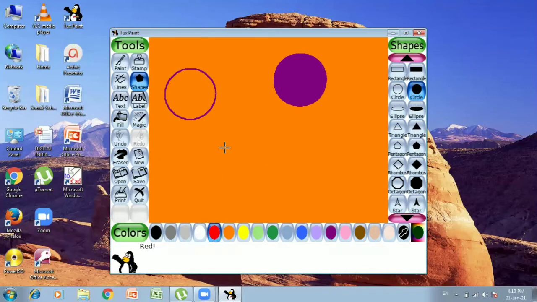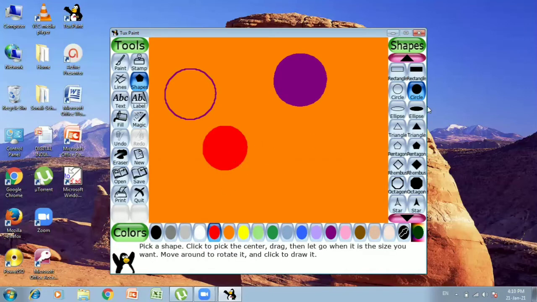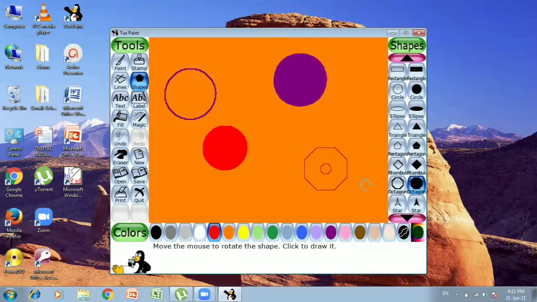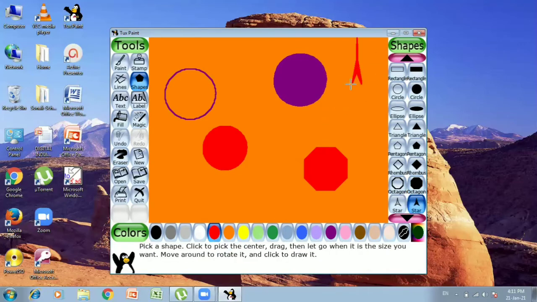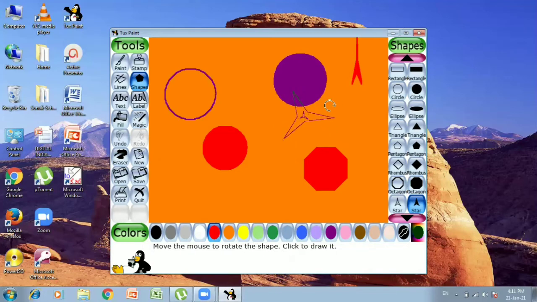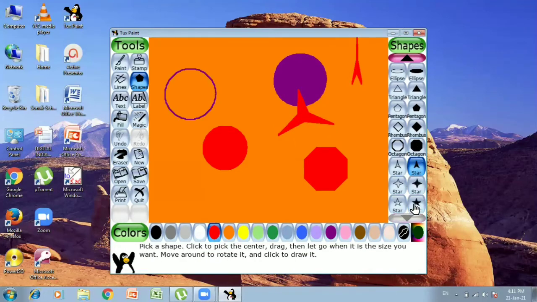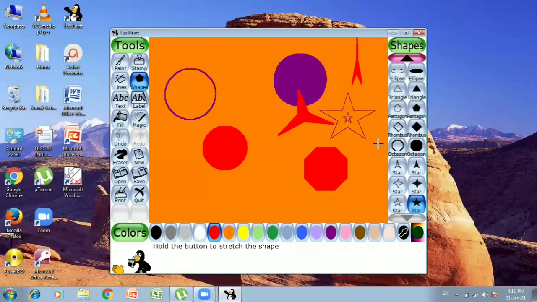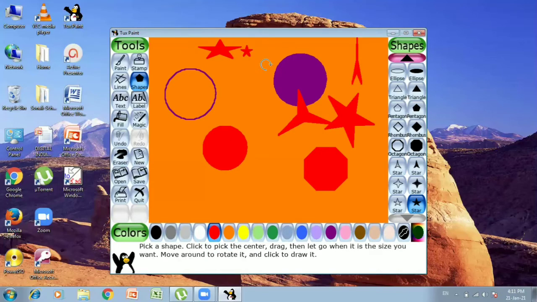If you wish to draw a circle of red color, you can simply select it, and here the circle is selected as filled. So you can see the difference between filled and outline. Whatever shape you want, you can select it and add it. Suppose I have selected a star like this. Once you have dragged and dropped, it will ask you to rotate in the direction that you wish. You can add it and rotate it.